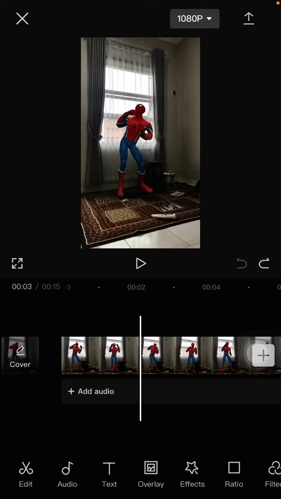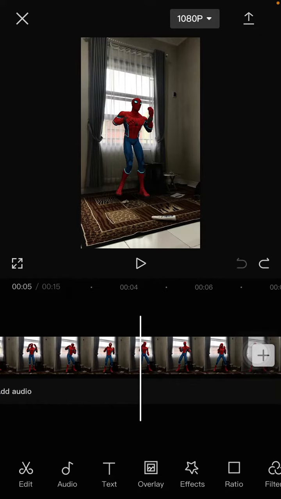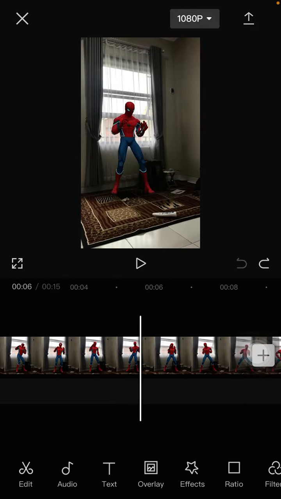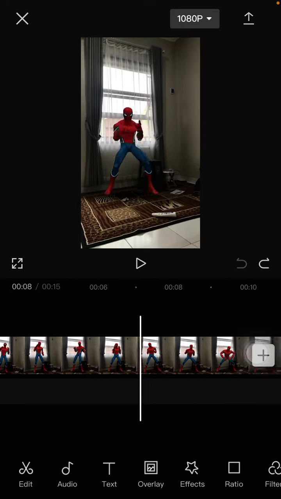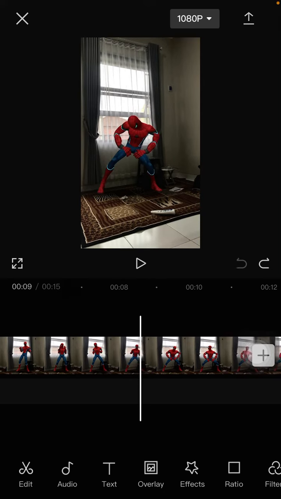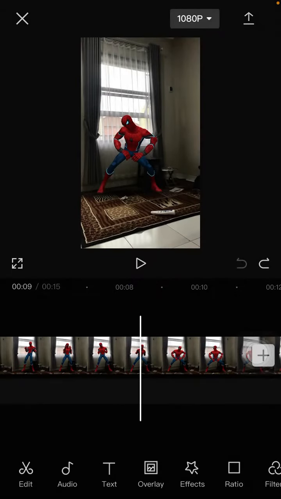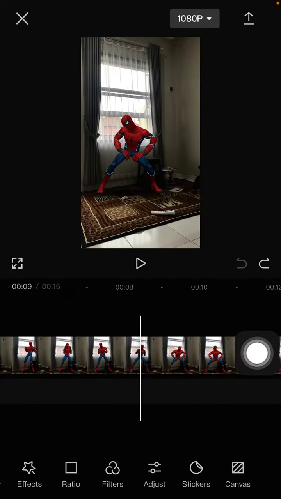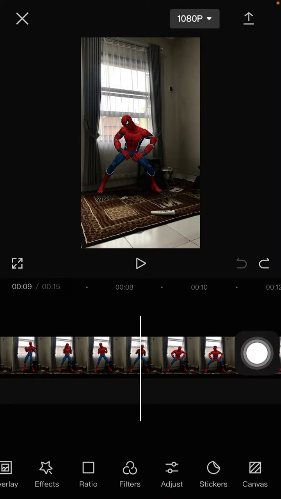In this simple video I'm gonna show you how to freeze frame in the CapCut app. So prepare your video and add the track. For example, just select the part that you want to freeze. For example, I'm going to select this part, and then you can click the clip